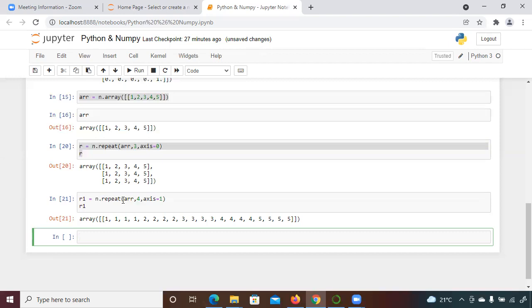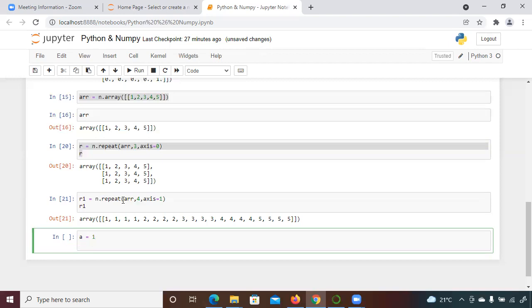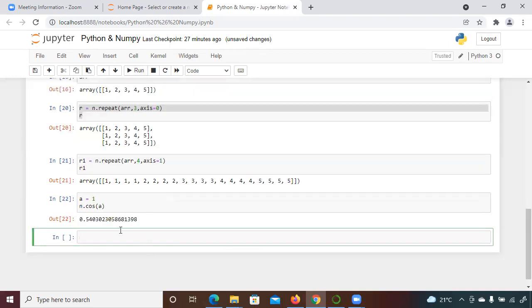Similarly, you can do it for the cos function, a trigonometric function, and you can apply it here. Suppose a is equal to 1 and you want to apply a cos function. You can just write n dot cos and pass the variable, and run this. It will find the cos value for this 1.